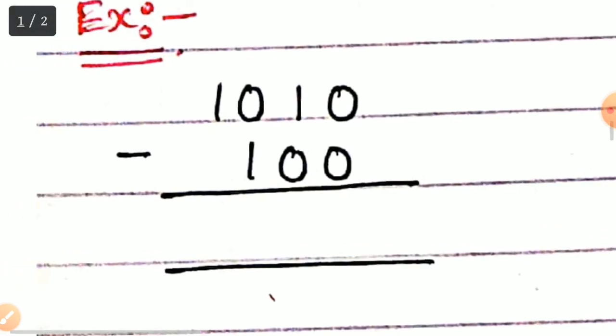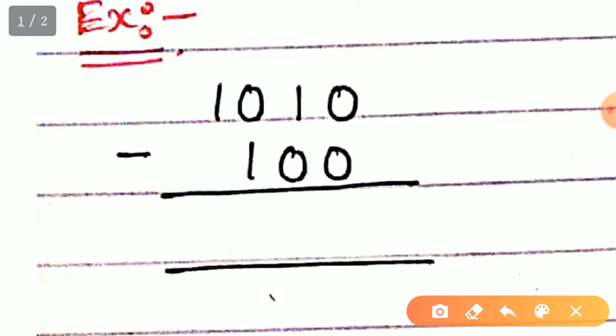See the first question firstly. 0 minus 0 is 0 we are having, right? 1 minus 0 is again 1 we are having, no confusion. But with this 0 minus 1 we are supposed to write down 1, but we have to take a borrow from the left hand side, right? So borrow from here, if you take, it will become 0 and it will become 10, right?